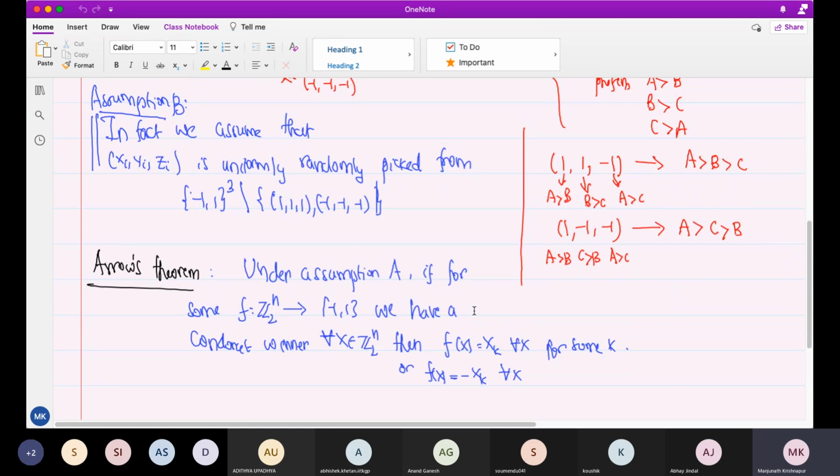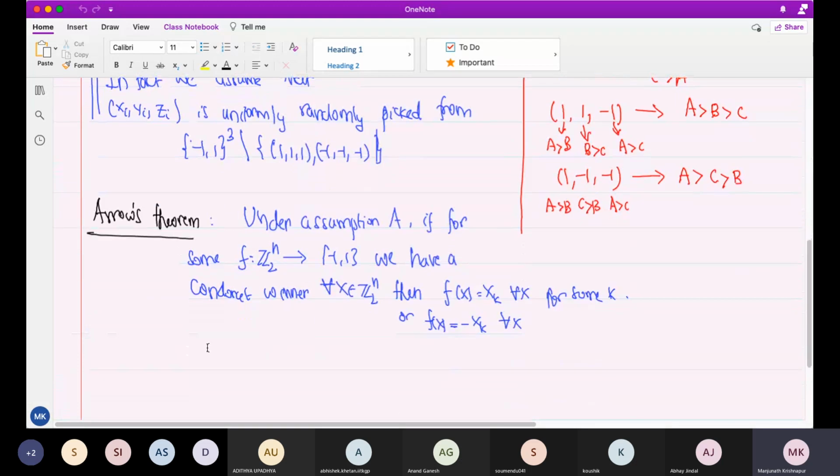So this is the statement of Arrow's theorem. Now the point is to prove this, and before that, are there any questions or any points unclear about the setting? It's okay? Okay, so if so, then let me proceed. The proof will proceed by, we are supposed to show they exist, right?